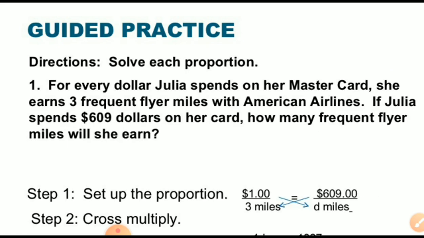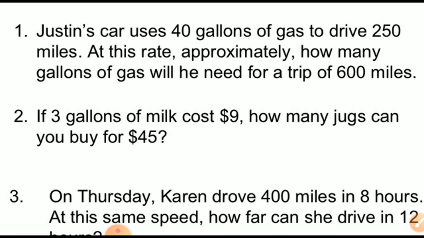Isn't it? So you can make it a proportion: $1, 3 miles. So how many dollars are there? $609 she has spent. How many miles can you get? Let's check it. Cross multiply both sides. D is equal to 609 multiplied by 3. Yes, is it or not? You are getting the same answer here in the perfect way. Here 3 examples are given. Will you write them yourself, or do you need some more practice to find the answers?